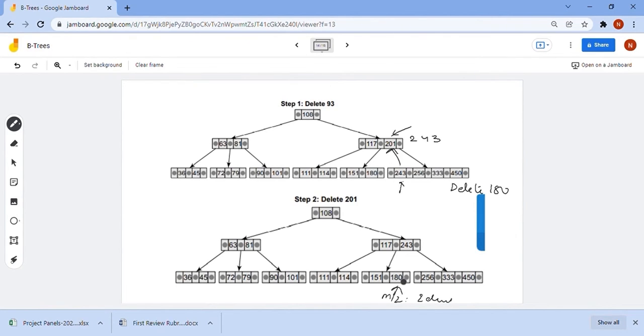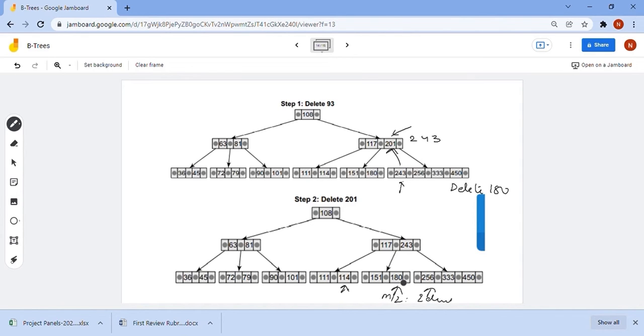We need to take an element either from the left sibling or from the right sibling. That is, we need to take the largest value from the left sibling, or the smallest value from the right sibling.